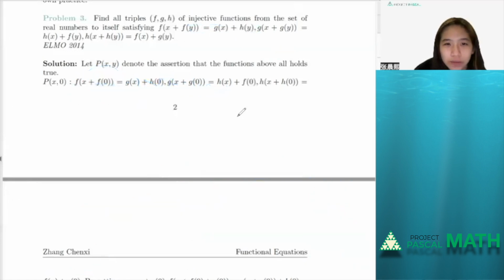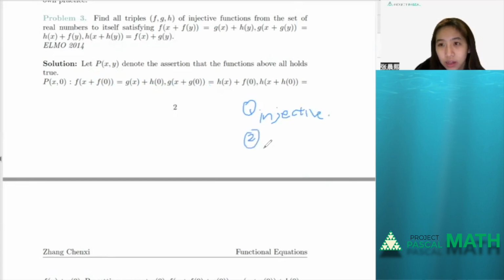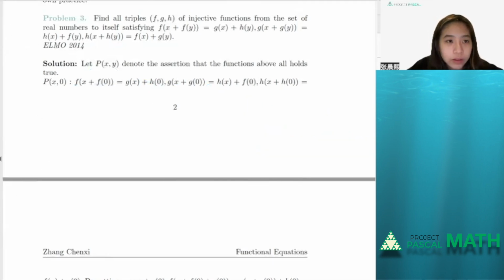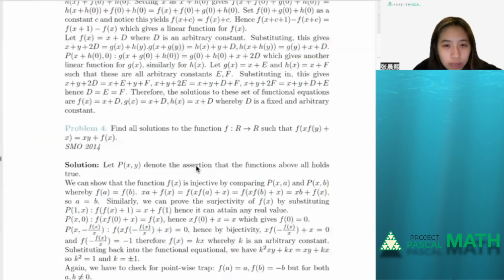Okay, so the learning points for this are injectivity and linear functions, I guess. Linear functions. Yeah, it's pretty straightforward once you get the right substitutions to connect all of these three equations together. Okay, moving on to question 4. Question 4 is